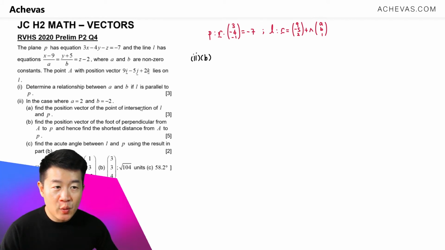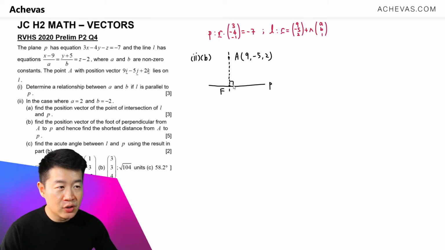Now part B, we are looking at the point A, and the point A was given to us with the position vector as 9, -5, 2, which means that the coordinates of A will be 9, -5, 2. And we want to find the position vector of the foot of the perpendicular from A to the plane P. So the foot of the perpendicular, we are talking about this point here, and I'm going to call this point